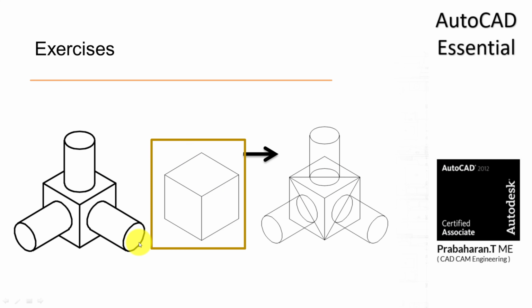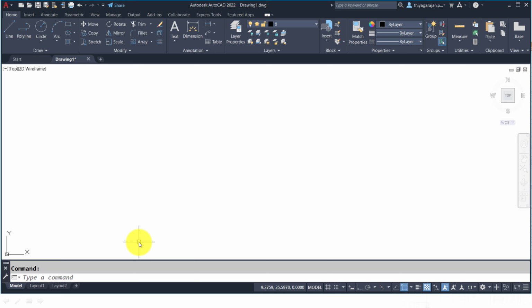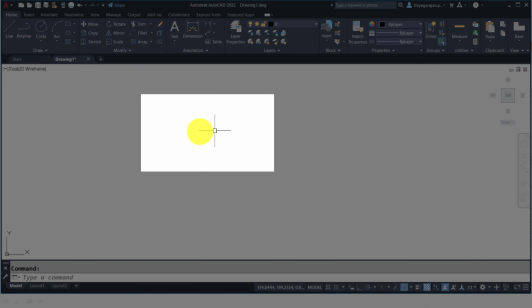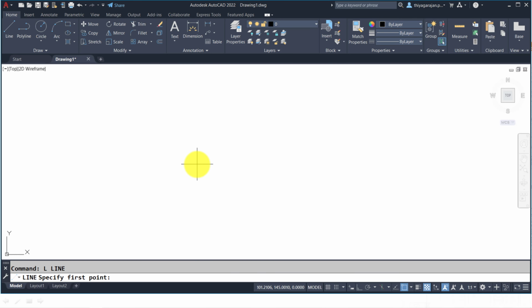Okay, right. So as usual, you're going to set the limits. See the cursor, it shows 0, 90, 180, 270. You can go for line. If you press the ortho button, that means F8, what will happen? You will get x-axis, y-axis, minus x-axis, minus y-axis lines. This is called standard mode, or we can say orthographic mode. Okay, keeping the standard mode, even you can draw isometric drawings, no problem.